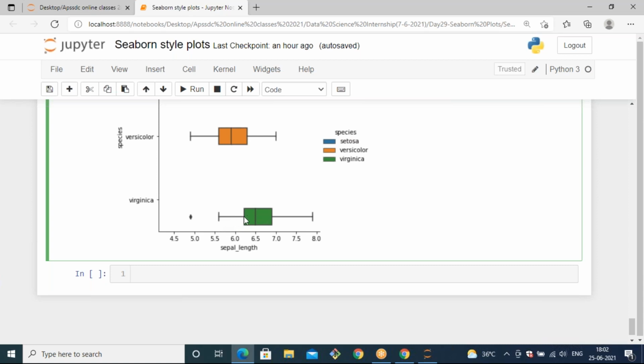And in the square, you will also get to observe three lines. The first line can be called IQR1, 25% of data. The second line can be called the median or 50% of the data. And this third line can be called IQR3, which means 75% of data. And this last line can be called the maximum value.